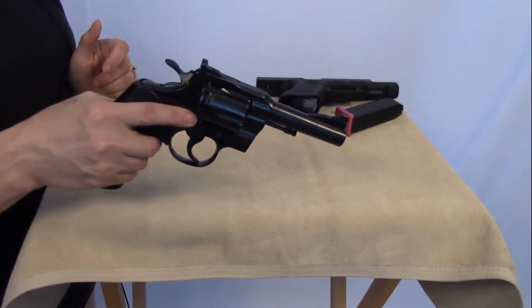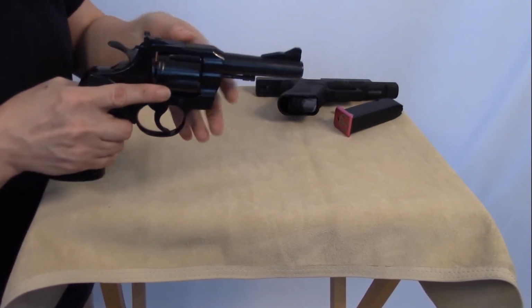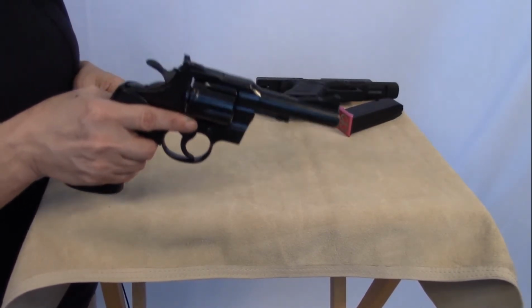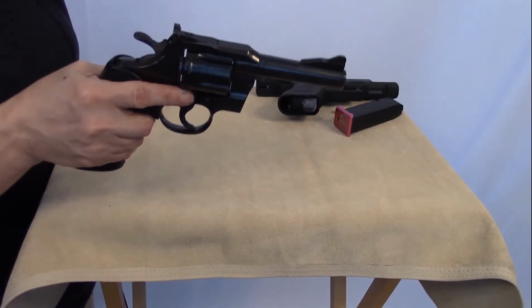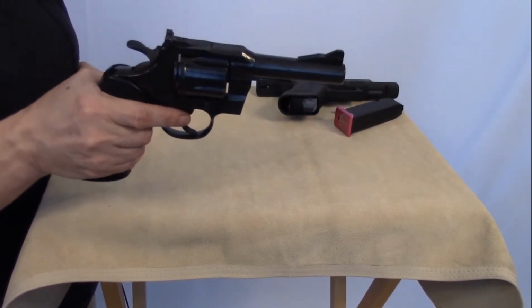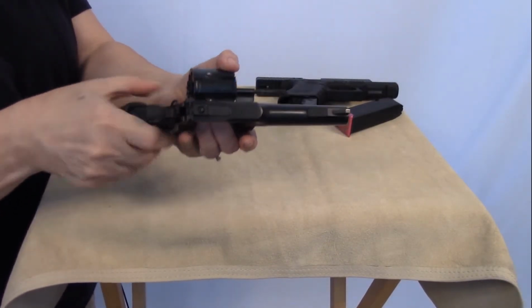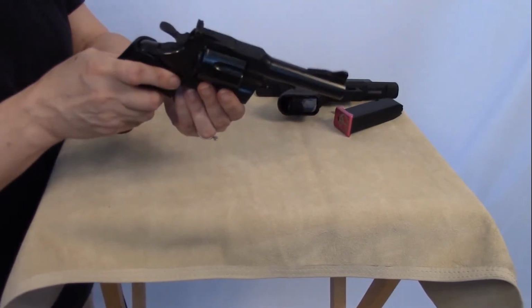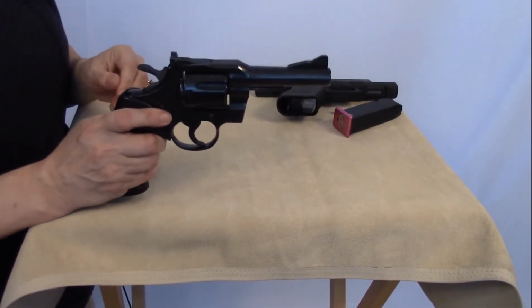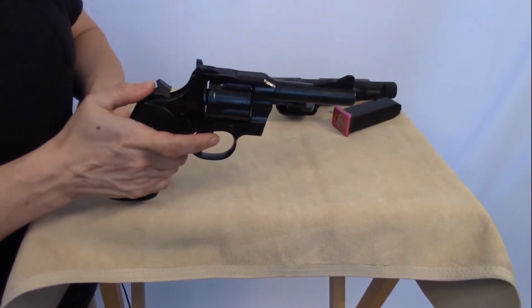Same thing if I'm at the range, outside shooting, and the situation becomes unsafe for me to continue firing this gun, how would I unload it? 2 ways. If you were shooting this double action, just pulling the trigger, I can simply release the cylinder, open it, and pop out my ammunition. Okay? However, if I were firing this gun in the single action mode, where I myself was cocking the hammer,